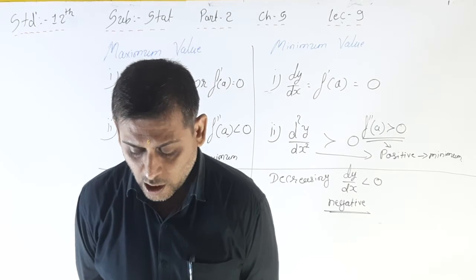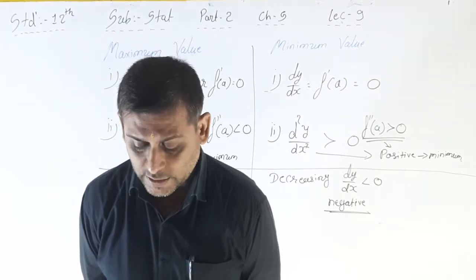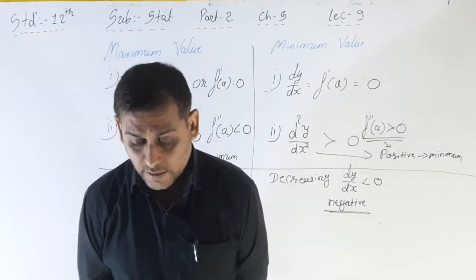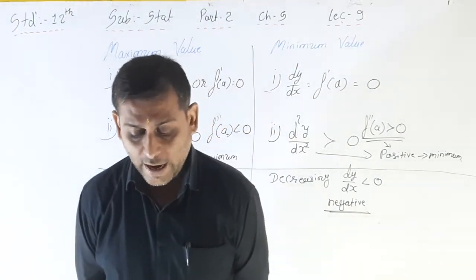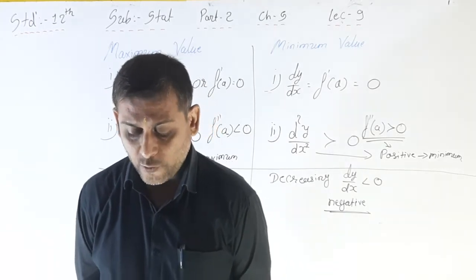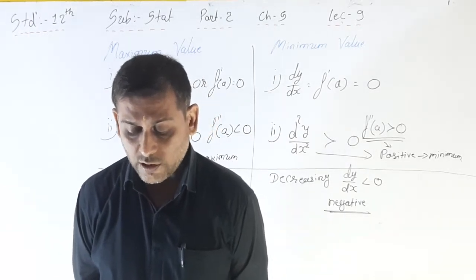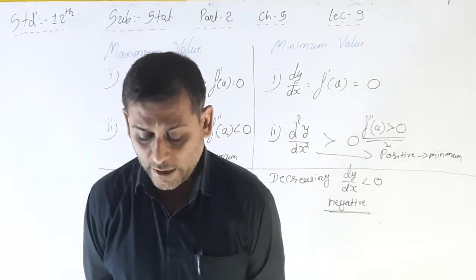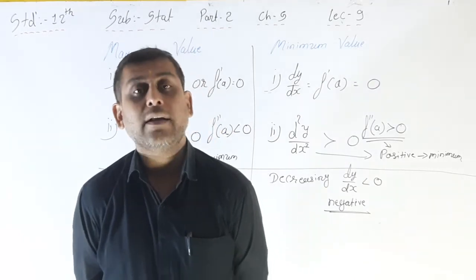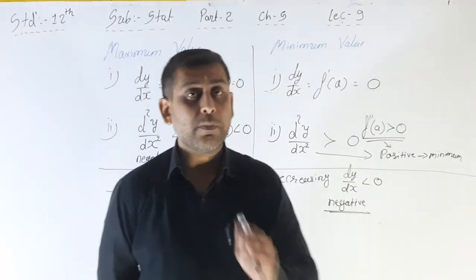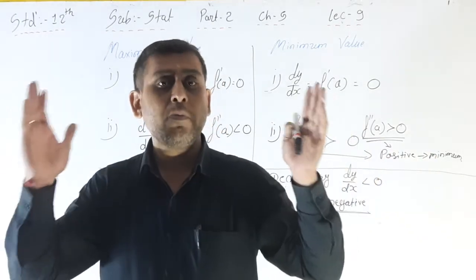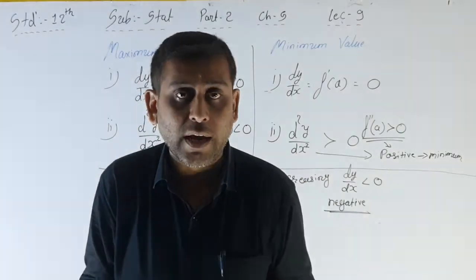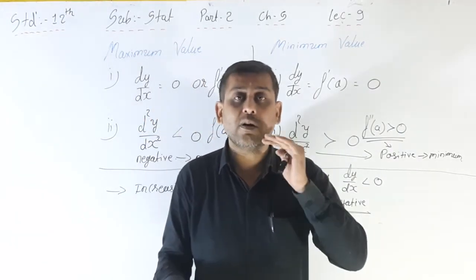In the figure, the curve of the function y is equal to f of x is drawn. The value of the function at x is equal to a is y is equal to f of a. If h is a small positive number, if f of a is less than f of a plus h, and f of a is less than f of a minus h, then f of x is said to be minimum at x is equal to a. That means the middle one is the minimum from both sides, a plus h or a minus h, whatever the function value is there, f of a is the minimum.